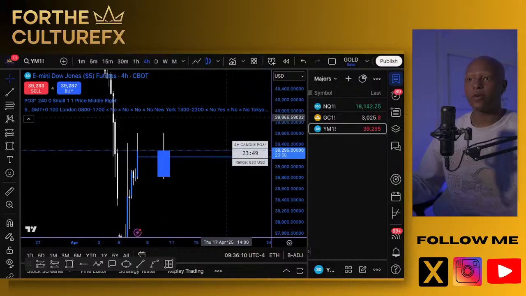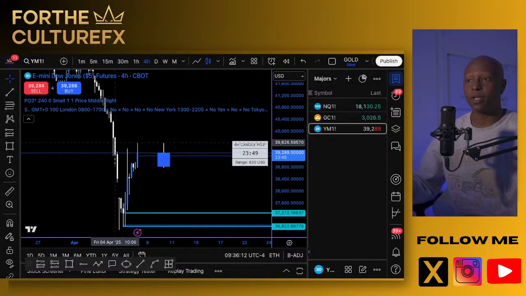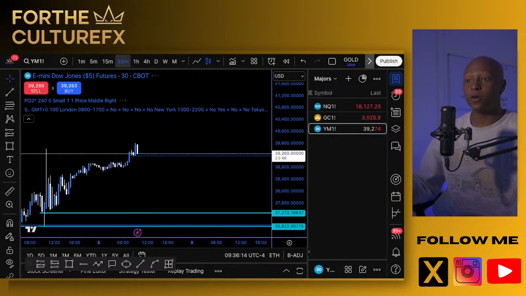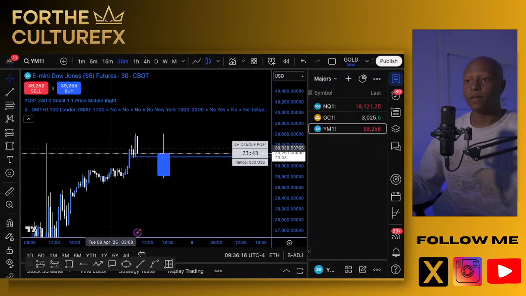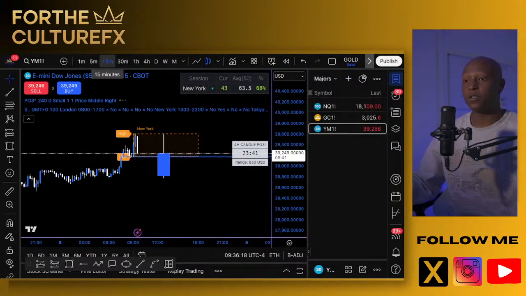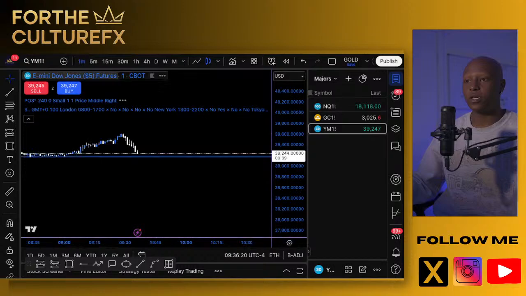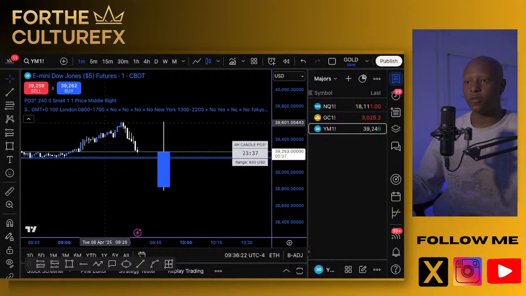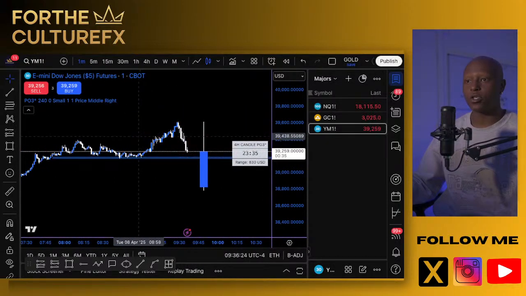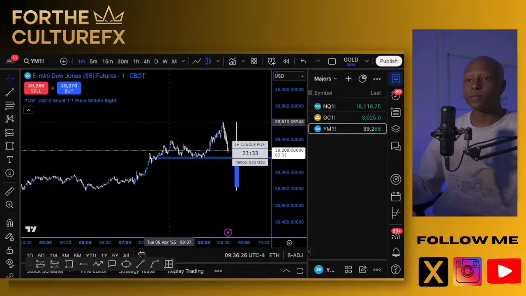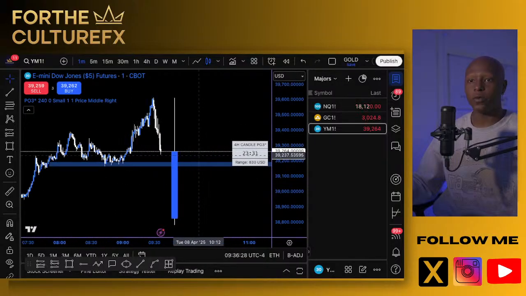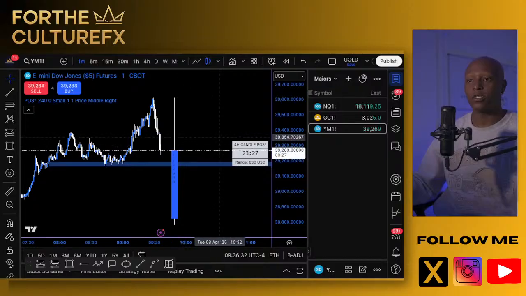Current 4-hour candle is bullish. We have this imbalance to fill to the upside. So it's likely that if we do see a sell move to the downside, it'll be of a corrective base move. But overall, market structure is bullish. So that's what we are riding with currently, coming off of this 4-hour candle being bullish as well, as you can see here.